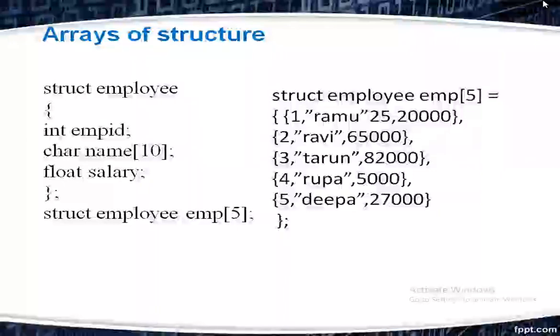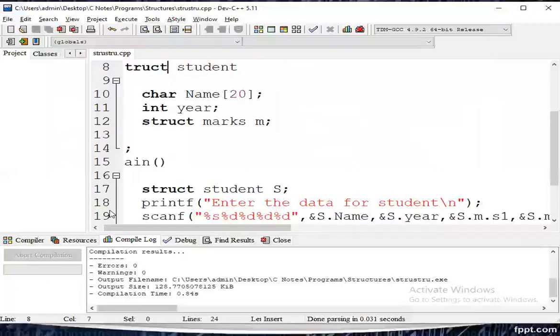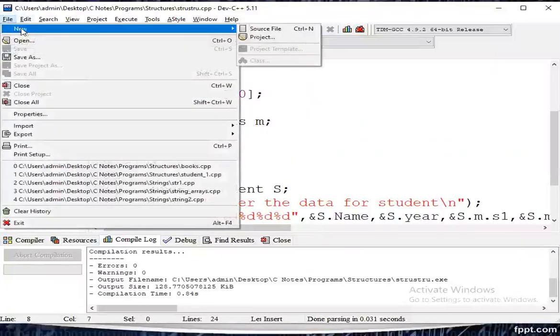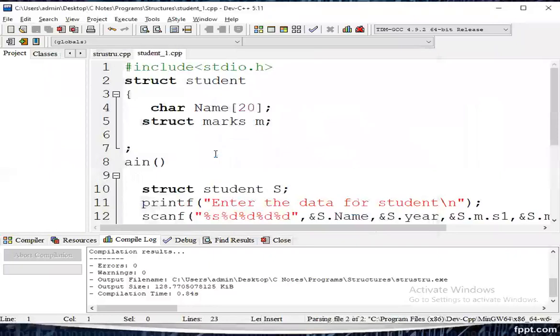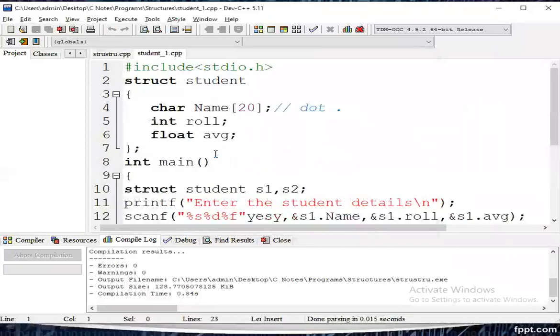Okay. Next, let us verify the practical session of arrays of structure. Already we know how to declare structure. Let us take one simple example and we can discuss about that structure.